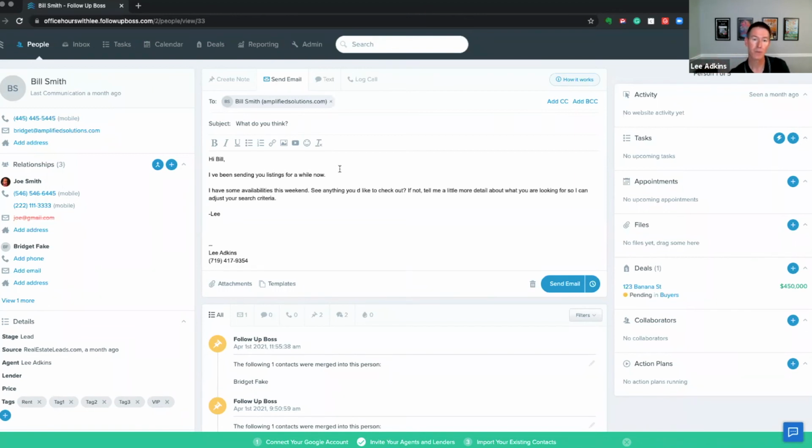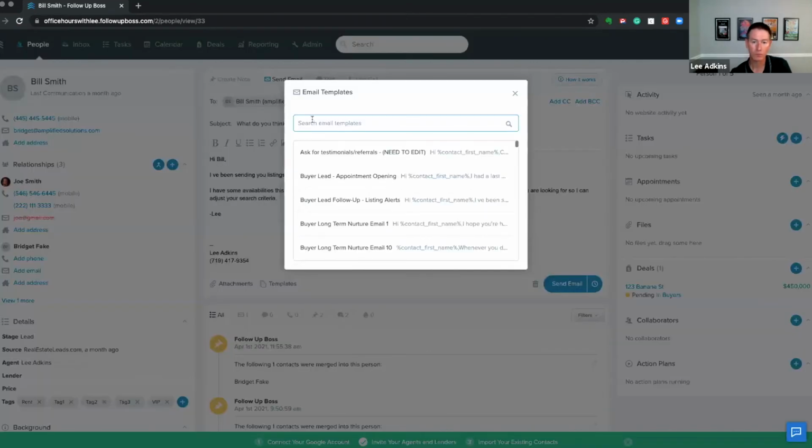It just pulls pre-filled content into this email for you, which you can still modify individually before you send it. On that note, I'm all about email templates. It's one of those things people skip because they're busy, but just take the 1 or 2 or 3 minutes it takes to create one. If you are an agent on a team, actually anybody, just have a good naming convention. If they're for you, I always suggest putting your first name first, because maybe you have 10 templates you use and then you can search for them super easily.